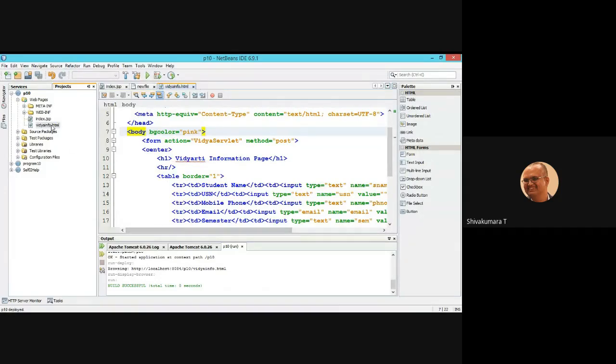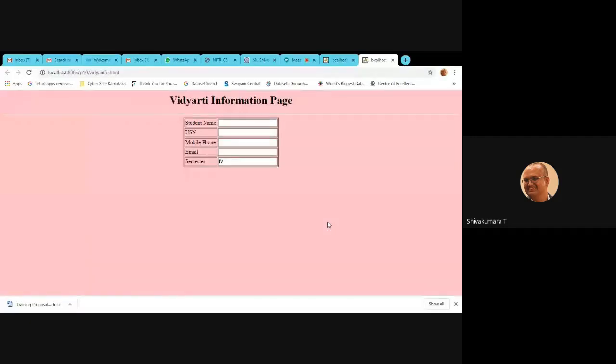Again rerun the code. See the output window. How does it look? Now you are able to see the Vidyarthi information page properly.